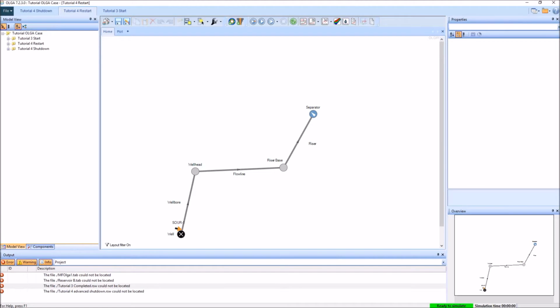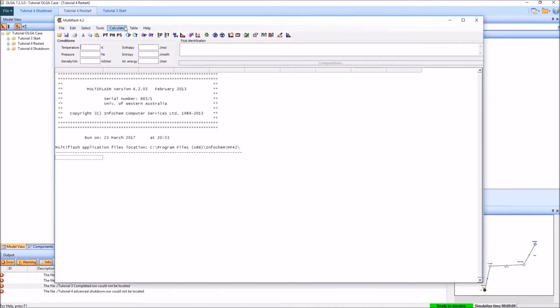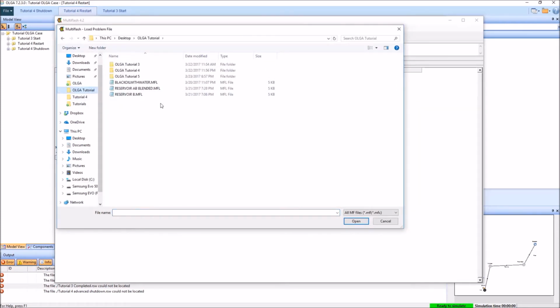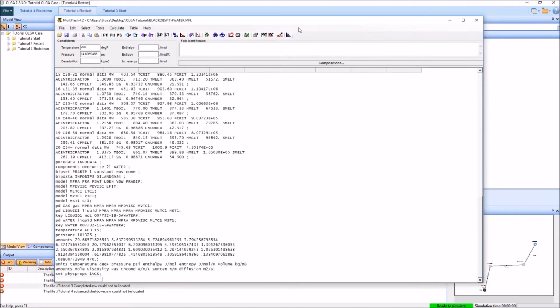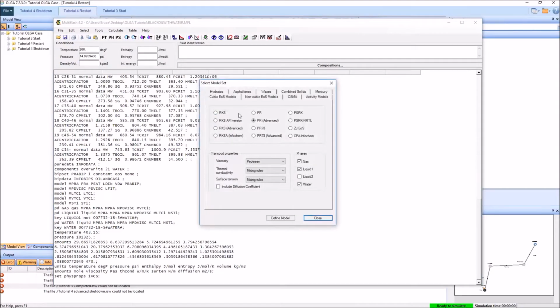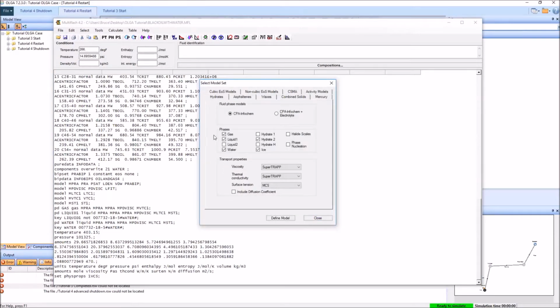and OLGA. So if we open up Multiflash and we open up our black oil with water, which is the fluid file associated with this simple case here, what we're going to go ahead and do quickly is to take a look at where it is that hydrates are actually going to form. And what we need to do whenever we deal with hydrate formation in Multiflash and OLGA is to change the model. So we go Select, Model Set, click on the Hydrates tab up here, and we use the CPA InfoChem